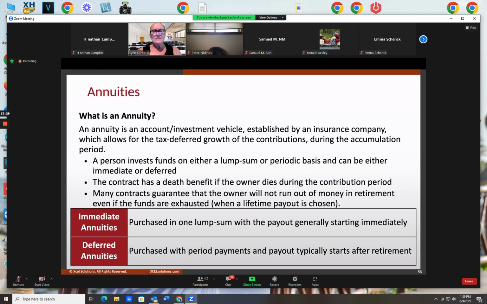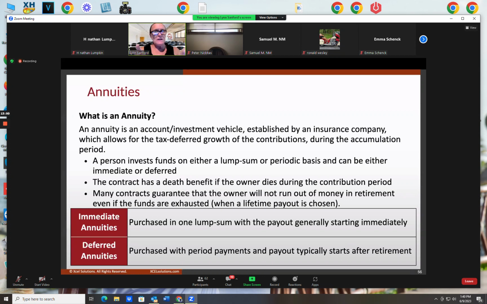There's 2 phases of any annuity. One is the pay-in phase. That's the accumulation phase. That's the pay-in period of time. And I can just keep adding to it, adding to it, adding to it, and stay in that accumulation phase as long as I want to. But when I start the annuitization phase, that's the payout phase. And once I start annuitization, it cannot be stopped.